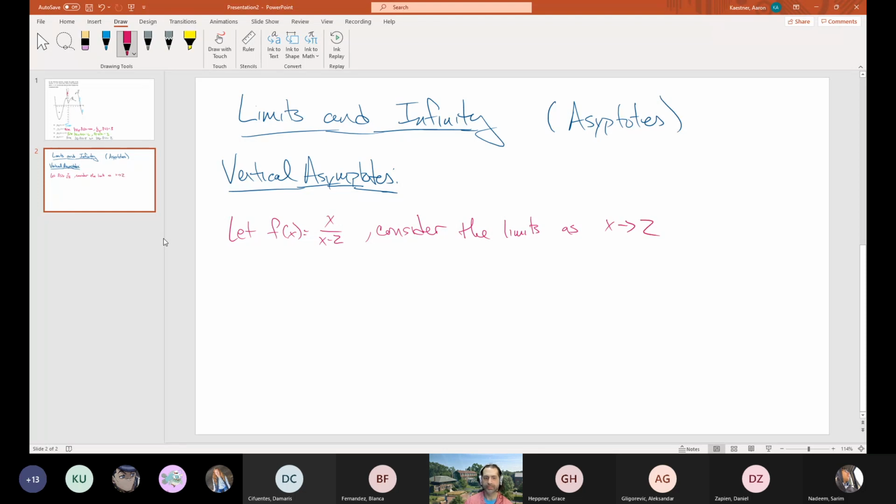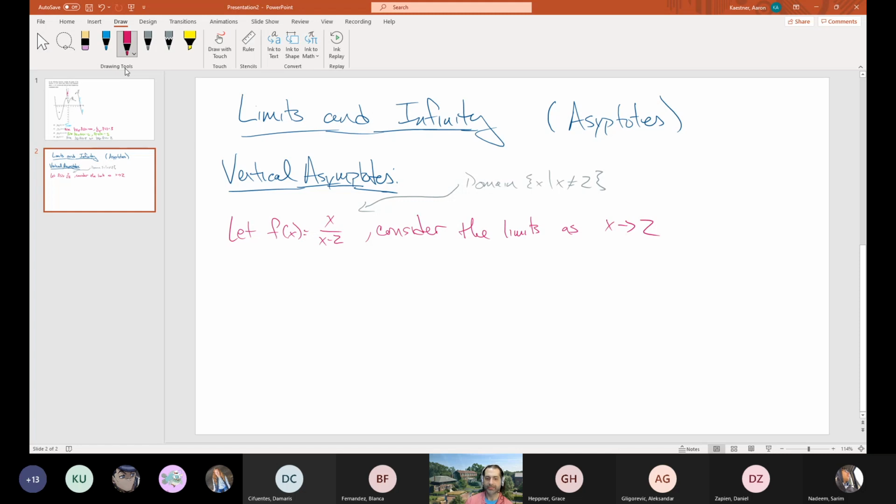Let's go: what happens when x goes to 2? Now, I can't plug 2 into the function. If I plug 2 into the function, f of x is not defined there. The domain of this function is everything except 2. And so I don't exactly know what's happening at the function at 2, but if I want to, I